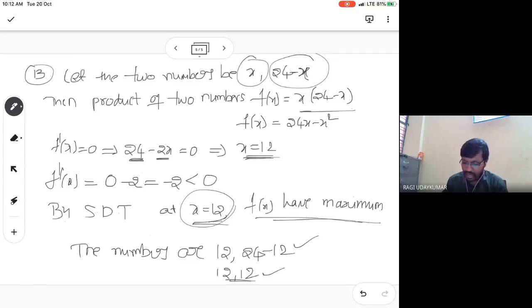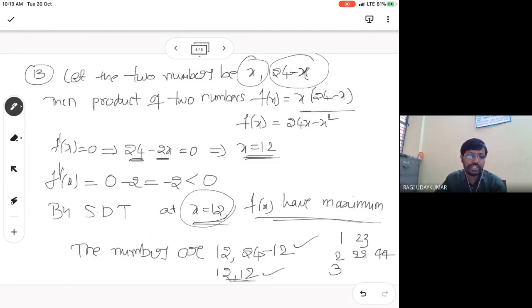Generally, आप चाहे तो without using the applications of derivative also you can do it. How? मान ले एक नंबर 1, अदर नंबर क्या है 23, दोनों का प्रोडक्ट क्या है 23 approximately. 2 ले लो, another number क्या है 22, दोनों का प्रोडक्ट क्या है 44. 3 ले लो, चेक करना है, you have to check. If you do not check like this, then you cannot. Okay, did you understand? Yes sir. समझ में आया ना? चेक करो, चेक करना है तो चेक कर सकते हैं, otherwise you can.